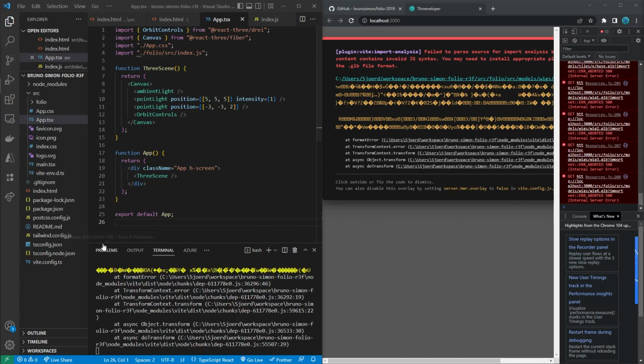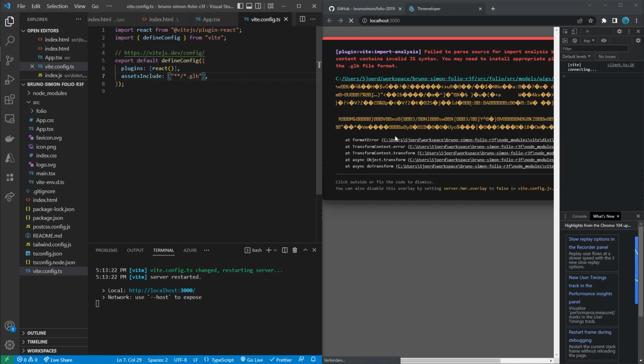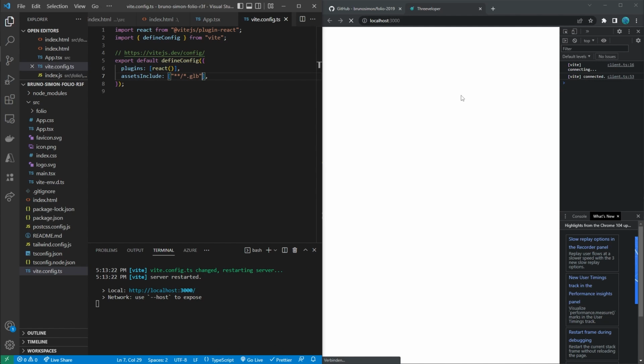Alright, so to add support we'll have to go to the Vite config file, and there we're gonna add an assets include array, which will contain a reference to all existing GLB files, and therefore all GLB files will be included into the project. Now let's refresh the page,